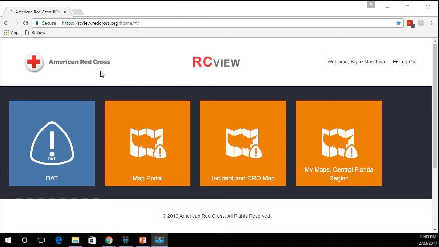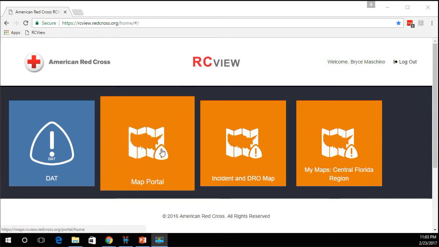So in this video, we're going to look a little bit more at Portal. I use the term RCView kind of generically. Inside of RCView, we're actually using Portal, which is the mapping interface inside of here. So we see that there's a tile here that's called Map Portal. And if I click on that,